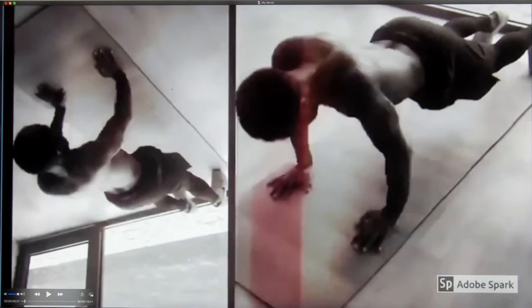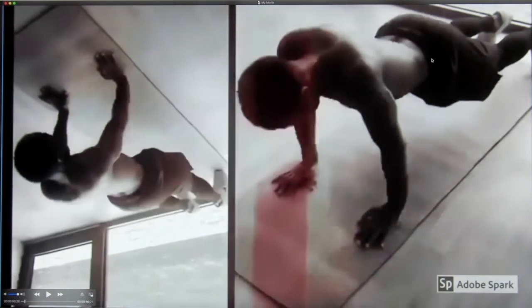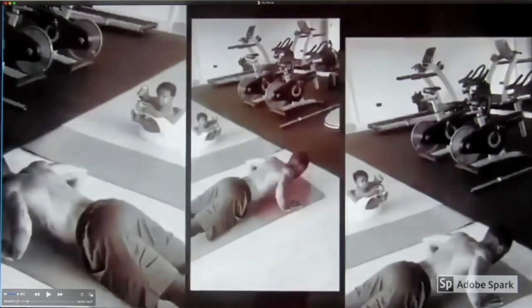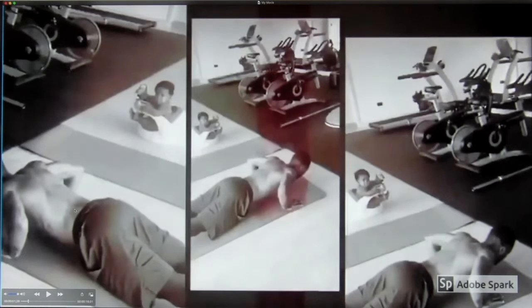So we can see when he's doing push-ups that there is an excessive curvature of the lower back. Look at this point in the extension, the curvature gets exacerbated. This is for two reasons. One, mechanically this is an incorrect movement. The position of the body should be different, but also there is a severe lordosis that is manifested here. We can see from this angle also the curvature of the back very clearly,